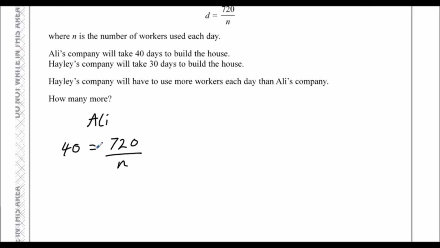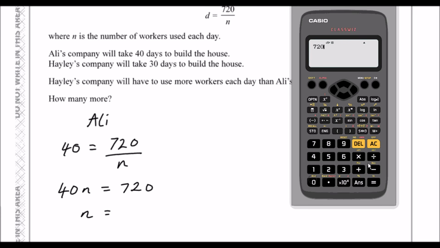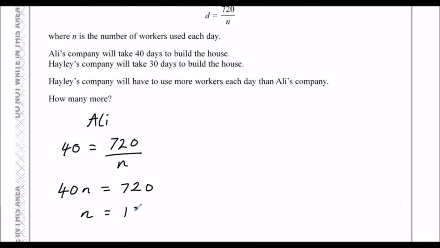So what is N? To solve this equation, we can times both sides by N. So we'll have 40N equals 720. I then divide both sides by 40. So 720 over 40 is 18. So 18